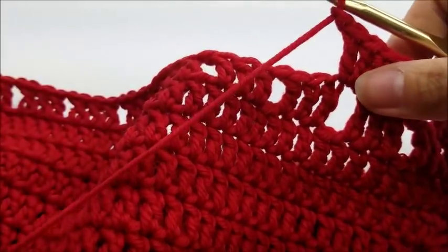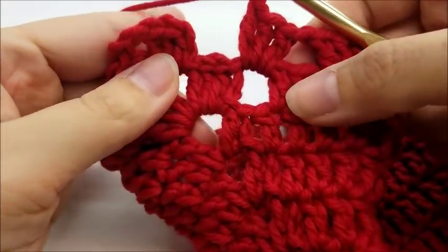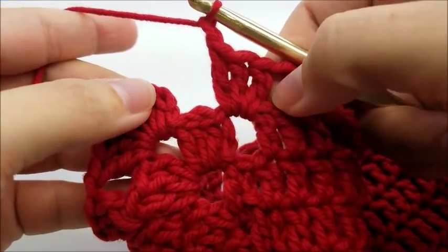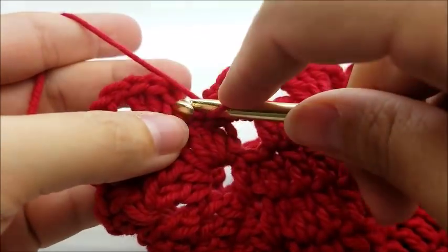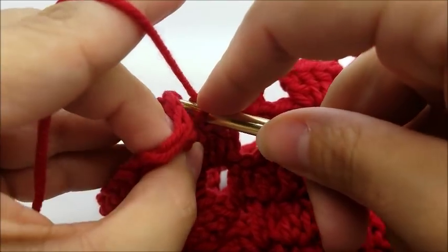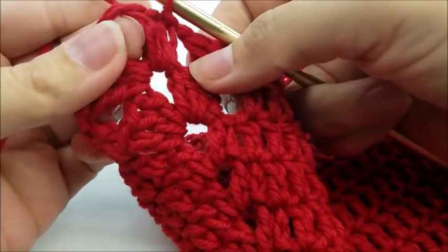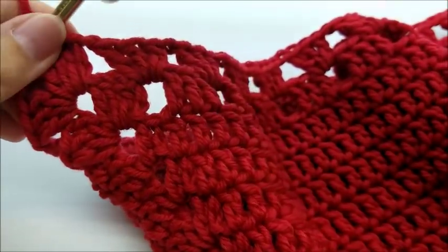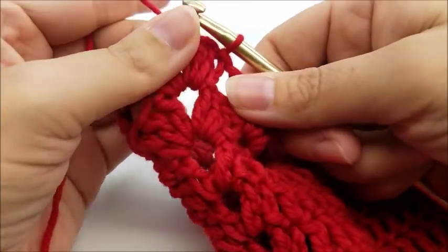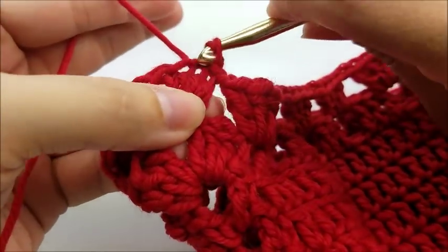Just like that. Okay, I'm coming to around 11, and I chain 1 after this last chain 3 into that space. I'm going to end with a slip stitch into my first double crochet, and now what I'll have is 34 of these chain 3 spaces. So around 12, I'm just going to slip stitch over again,